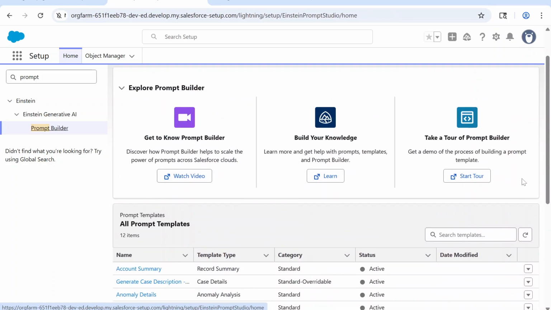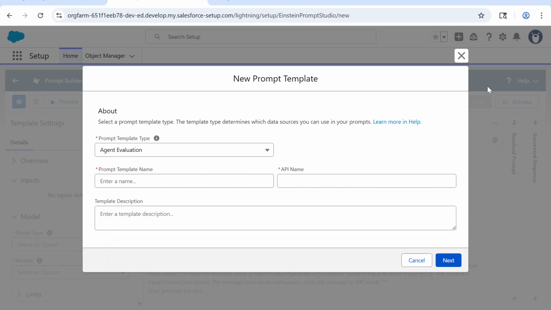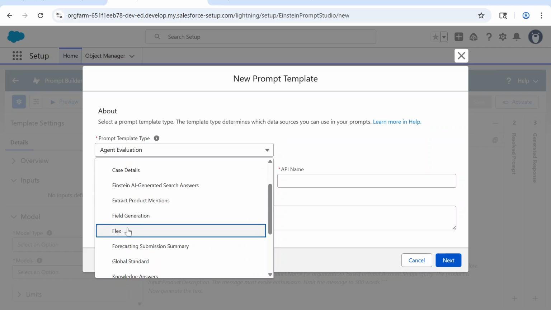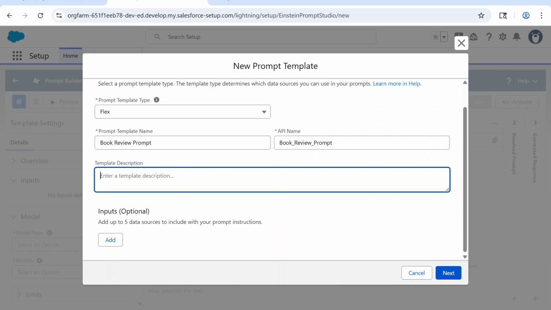Now, we need to create a new prompt template, right? To create a new prompt template, we need to click on this particular button, New Prompt Template, and then we need to select Flex Template. So, today we are going to work with Flex Template, okay? And provide a meaningful name, like in my case, I will give it book review prompt. Okay, and you can provide a description as well, like